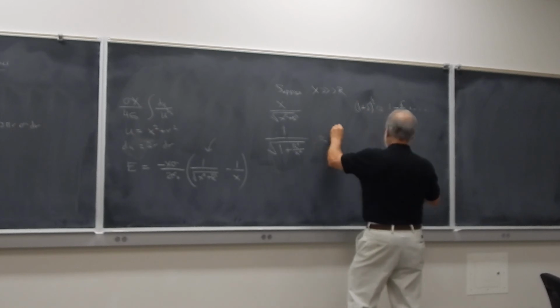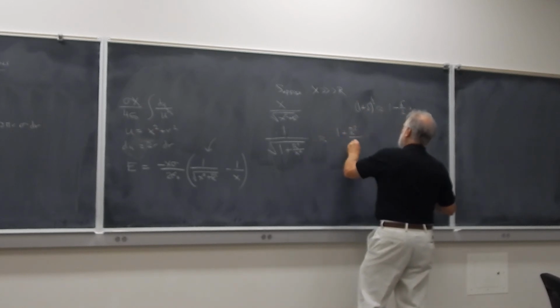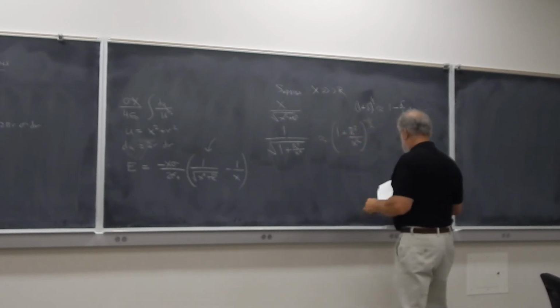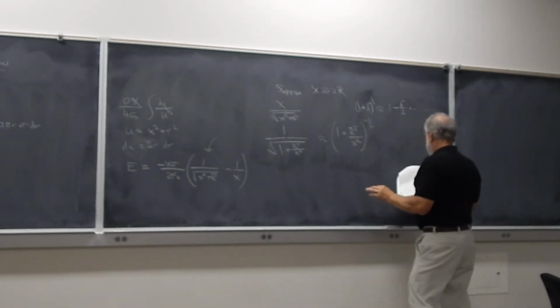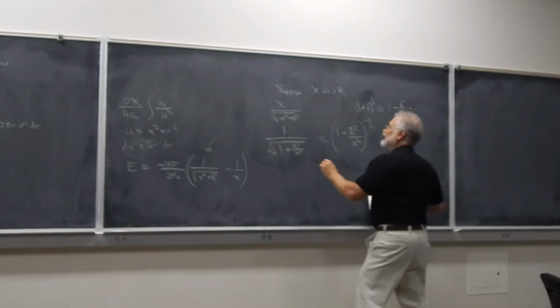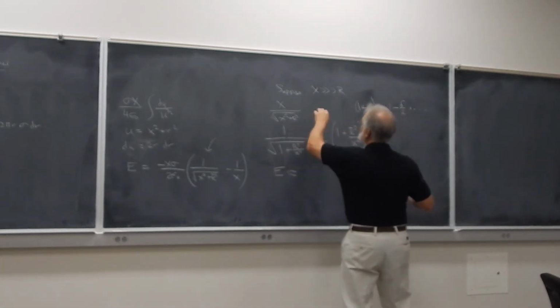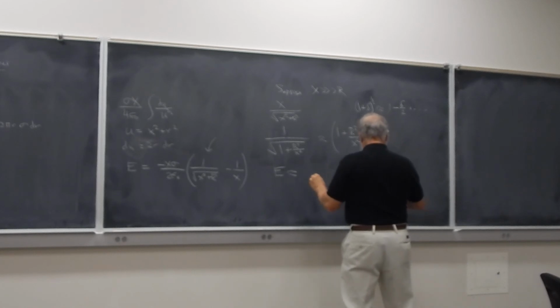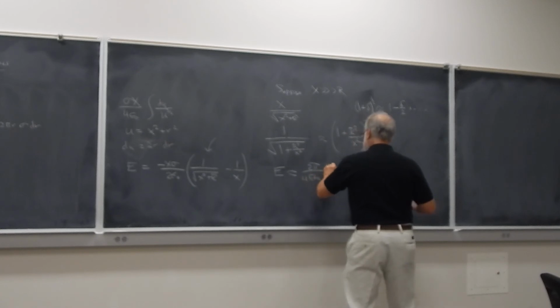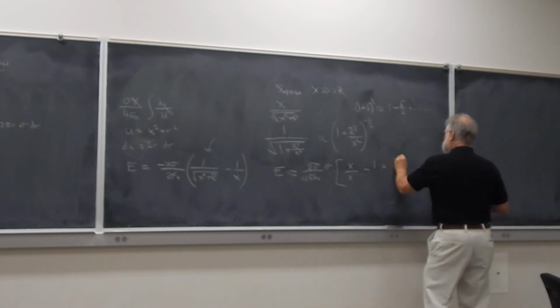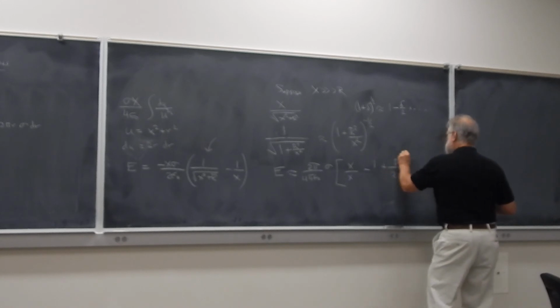And that's approximately 1 plus r squared over x squared, all to the minus 1/2. So that gives me then an electric field that's approximately, because it's an approximate answer for x much, much greater than r, I can write that as 2 pi over 4 pi epsilon naught times sigma, and that's going to be x over x minus 1 plus r squared over 2x squared,